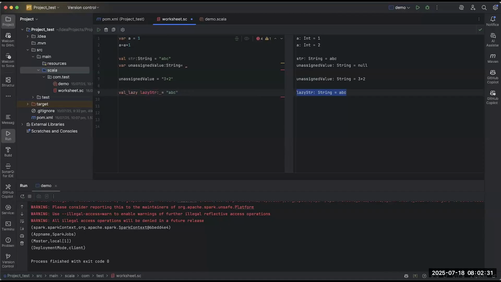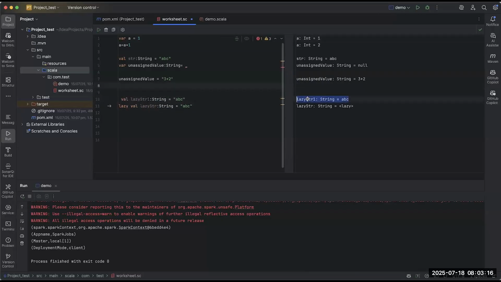Why is it complaining? Oh, okay, the syntax would be like this. You have to give lazy at the beginning. Now to run it, see, before we saw that it had assigned the value. Let me take one more.